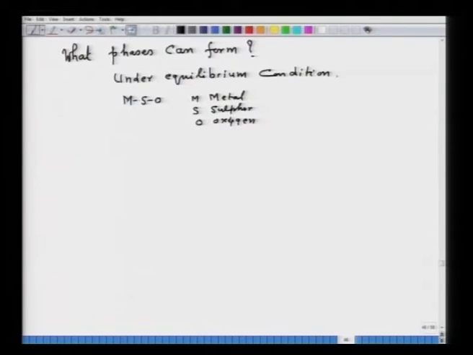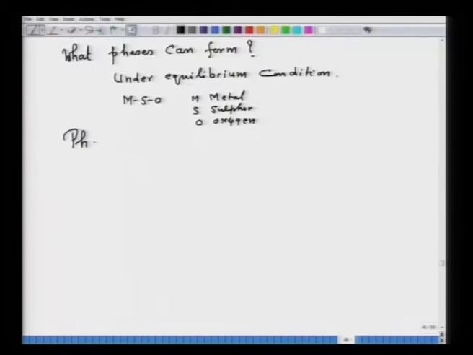If you consider the M-S-O system, metal, sulphur and oxygen, then prediction of phases can be made by doing certain thermodynamic calculations for formation of different products. That means, what parameter should be controlled so that a particular phase is formed, and this information can be obtained from the phase rule. I hope all of you must be aware of the phase rule. That is, which parameter can be controlled